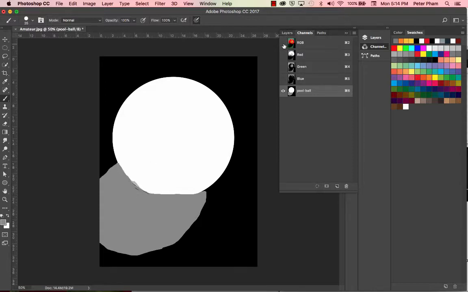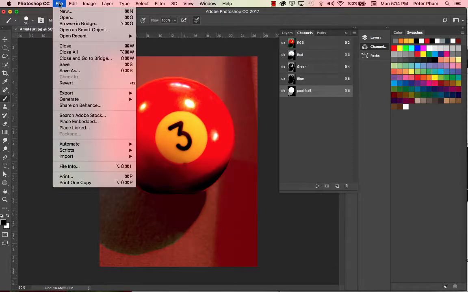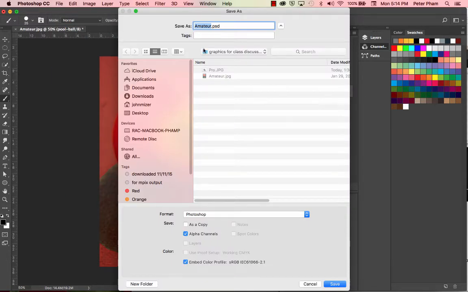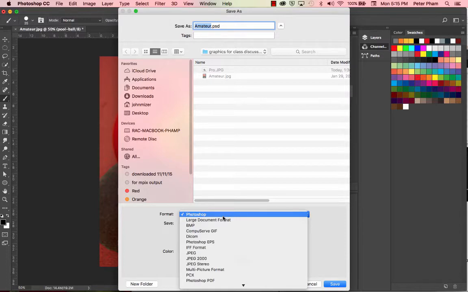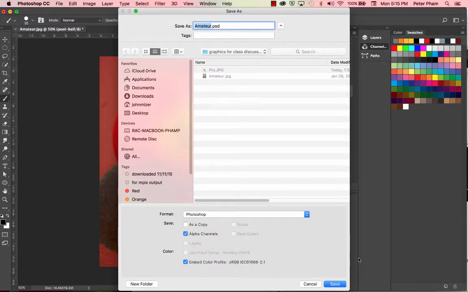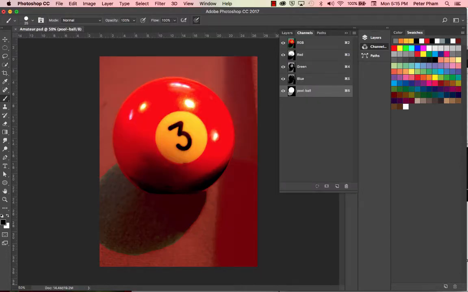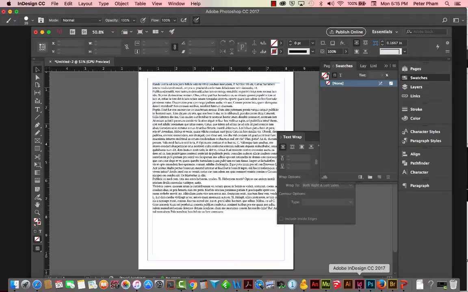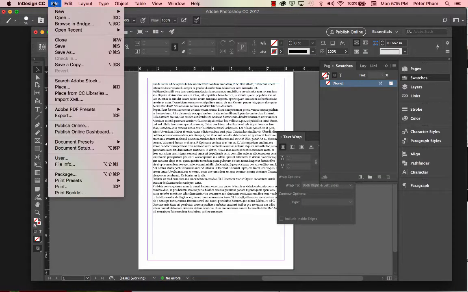So I've got this channel that's saved with it, and I'm going to save this file, File, Save As. And this time I want to save it as a PSD, or a Photoshop file. Okay, the Photoshop file format allows you to save a lot more data. And by data and details, I mean information like multiple channels, clipping masks, layers, all that stuff is preserved when you save it in the PSD or the Photoshop file format. So I'm going to click Save, and we're going to go to InDesign, and we're going to place that item,